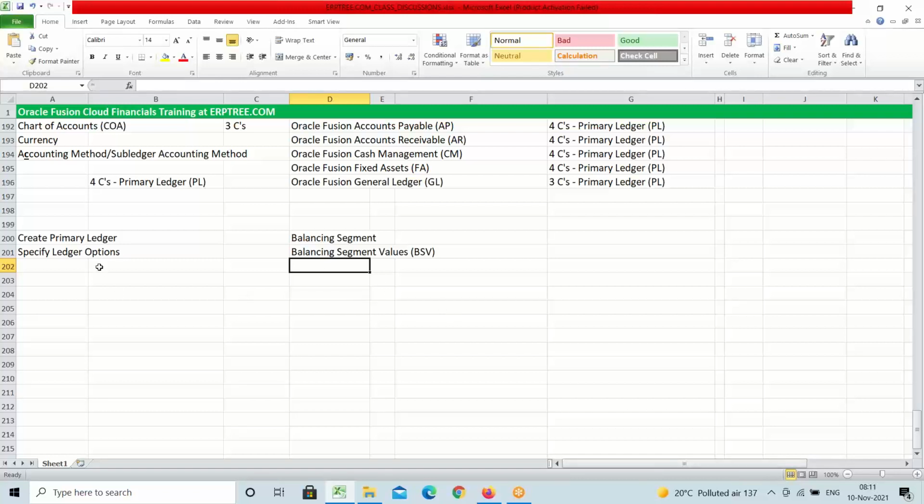Now we'll discuss a few more points and then proceed with the system. Anyway, we didn't set the ledger options, so we will set them. We created the primary ledger and we have to specify the ledger options. Primarily, we have to set the retained earnings account as part of the ledger options. After setting the ledger options, what we have to do is, as per our example, we took 3 companies into